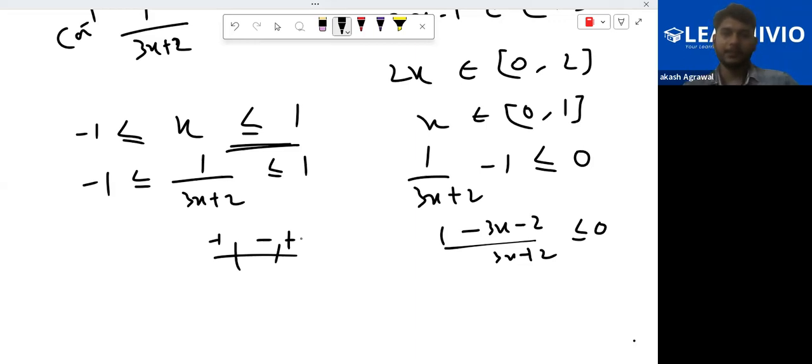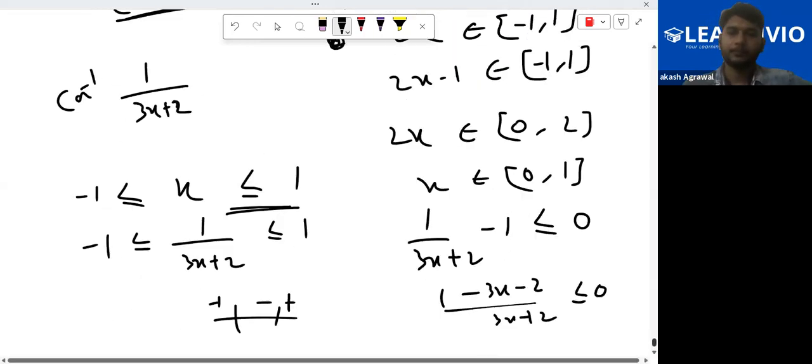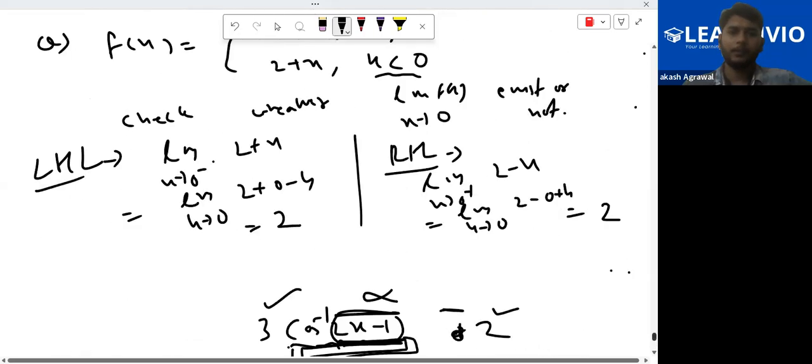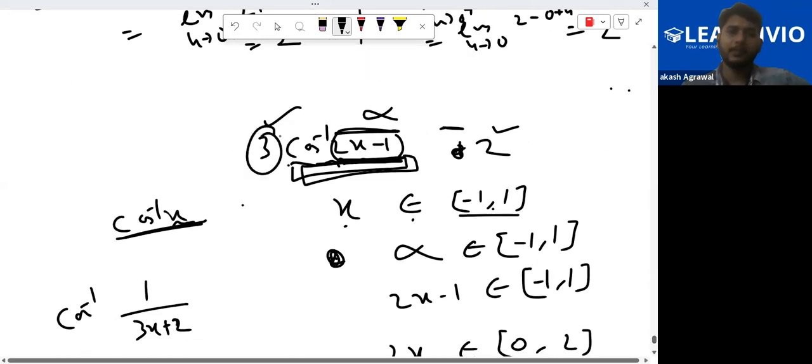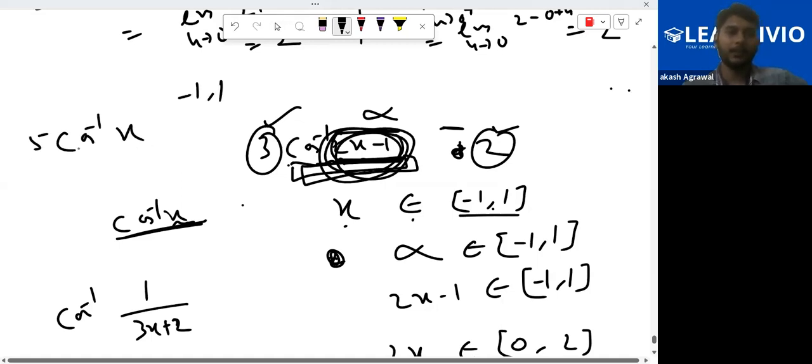Yes, sir. I remember the inequalities. But the question is 3 cos inverse and minus 2. So we don't have anything to do with that? No. This thing does not affect domain, right? Domain is all about this thing. Okay. See, if you have cos inverse x, here domain is minus 1 to 1. If you multiply 5 by 2 here, the domain is still